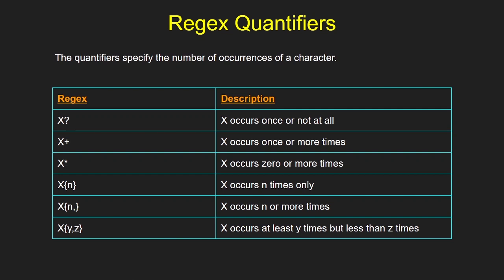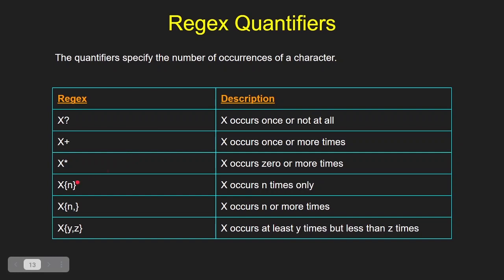Let's go to the next one, that is quantifiers. So as the name suggests, quantifier specifies the number of occurrences. It deals with how many times a symbol or a character can occur. So first one is x question mark. What x represents here is anything, slash d, slash w or a dot, anything. If we want to replace, we can replace it with x. Okay. First is x question mark, which means x occurs once or not at all. Okay. Next is plus, which we have already seen. It is one or more number of times. Star, which is zero or more number of times.